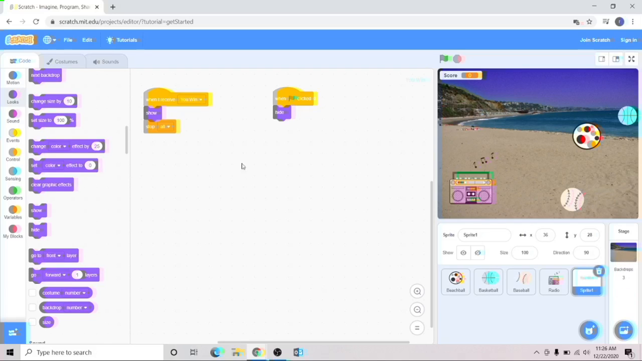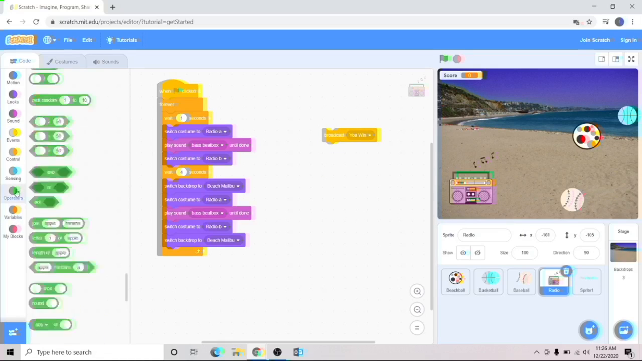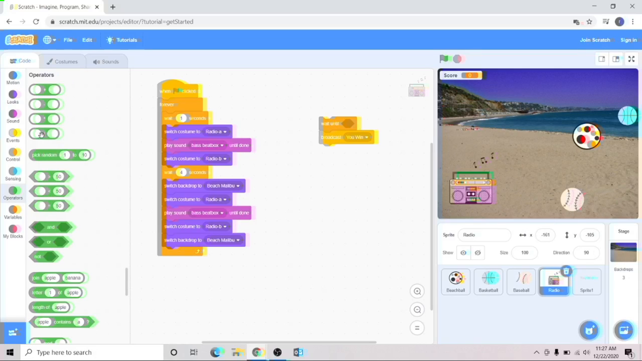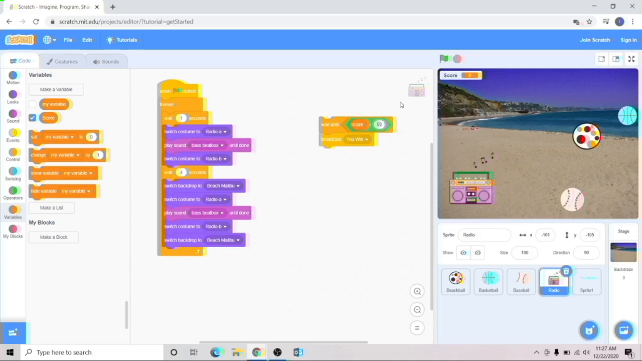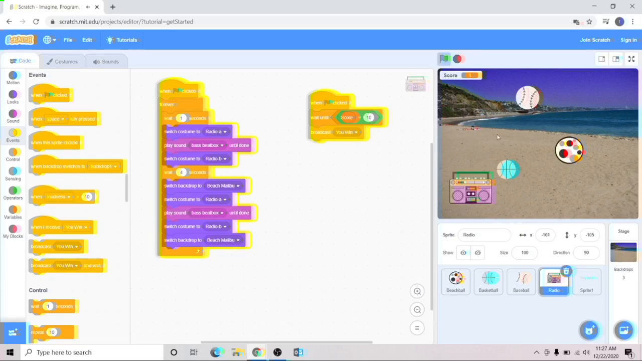Now we can have our broadcast from any sprite, so we're just going to put it here with the radio. So we're going to have this. We're going to have our variable. And we're going to have wait until. We're going to have our score equal. So we're going to go down here to score. We're going to type in 10. So when the green flag is clicked, and we're going to wait until a score equals 10, broadcast this. So when we hit our score of 10, it should broadcast our message